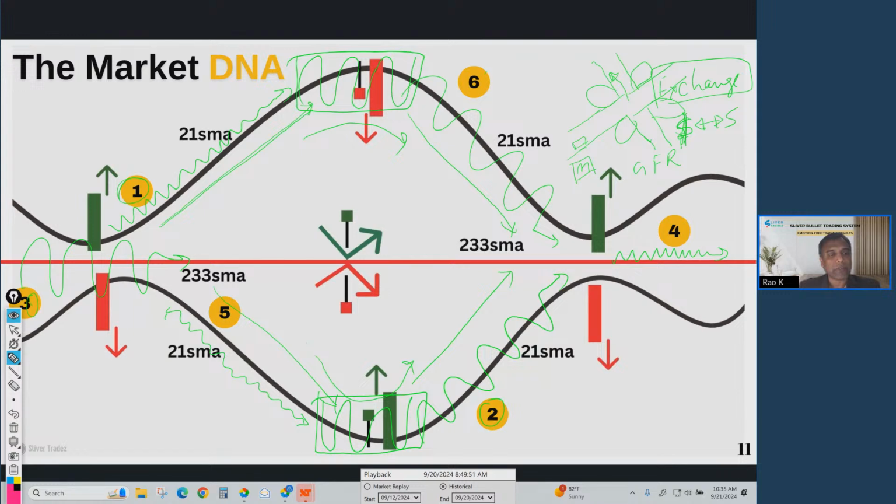Let me draw it in a different color. Heavy exchange happens, market sideways, market sideways. So if you see, market condition number 3 repeats. So this is your visual sign. This is your billboard that an exchange is going to happen. The market is sideways, it's not moving up, or the market is sideways, it's not moving down.